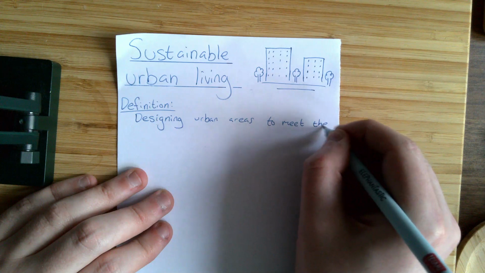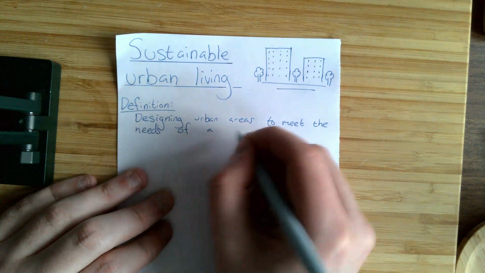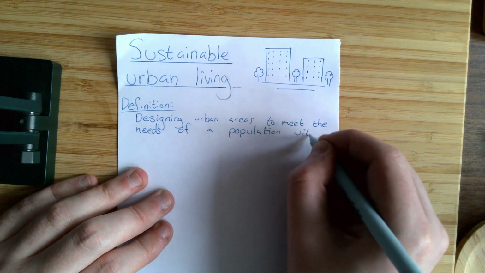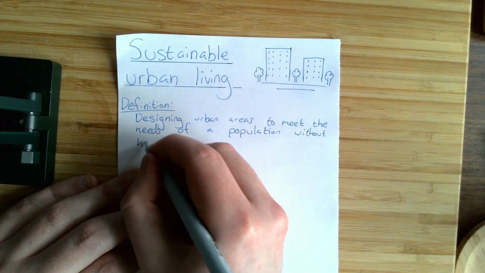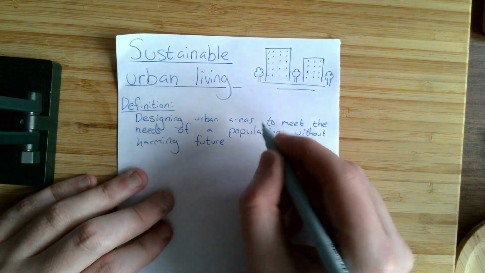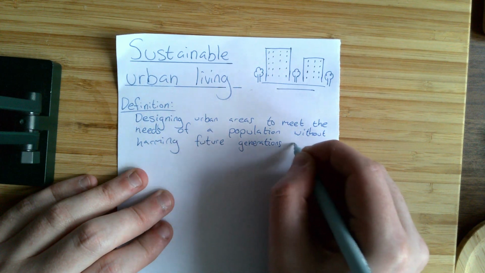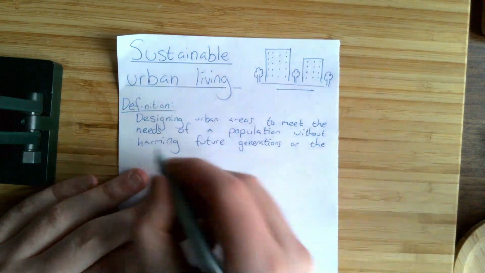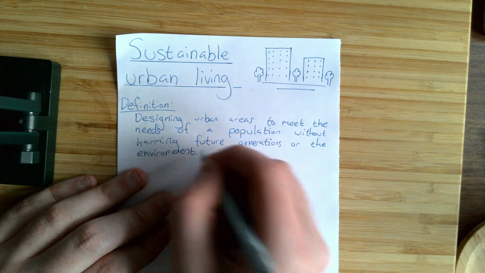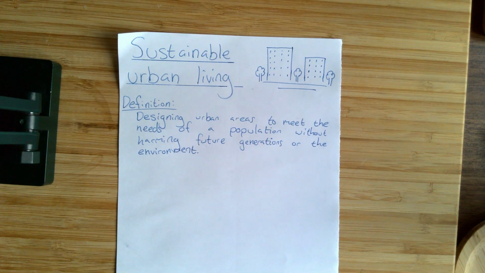the needs of a population, so the people who live there, without harming future generations or the environment. Okay, so it's quite a long-winded definition there, but really important that we understand what this means, because